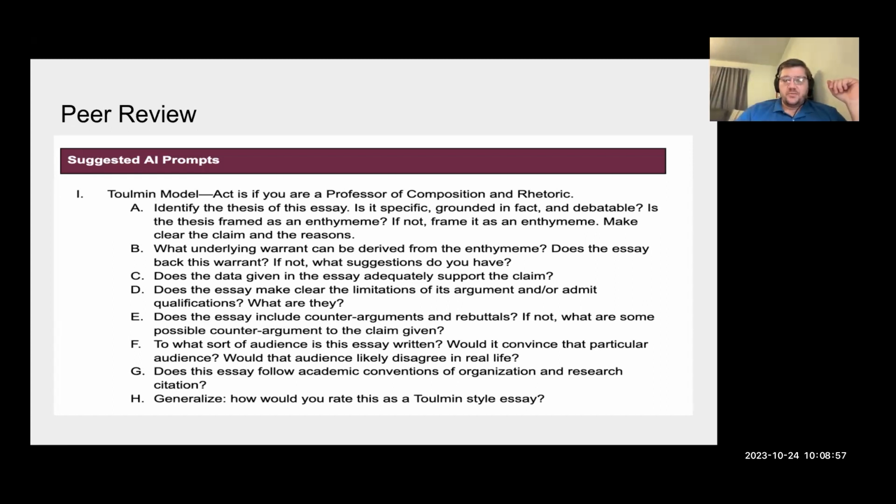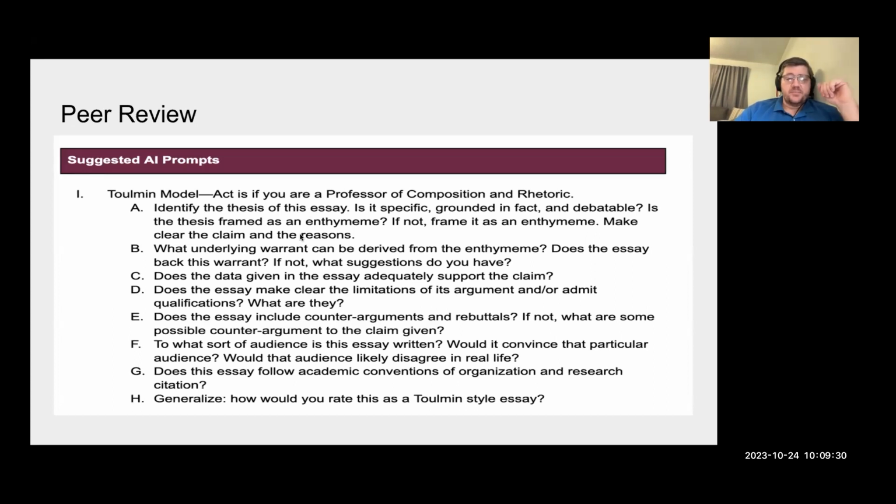So we give it a chunk of text, a draft, and then we get these feedback loops going with these questions, which in the original iteration, I wrote. Students since have come to me and said, this is the best peer review feedback I've ever gotten on an assignment. And I do believe it shows in the quality of the essays. I just read an article this morning about scientists using it to peer review their own articles because they say it's giving better feedback and advice than the actual peers. So something to consider.